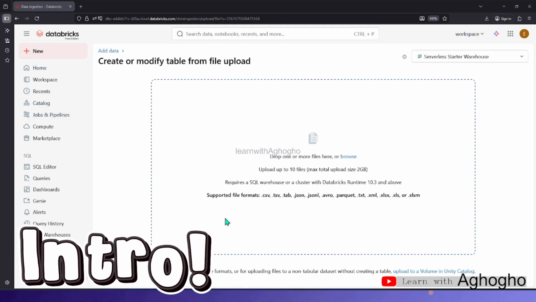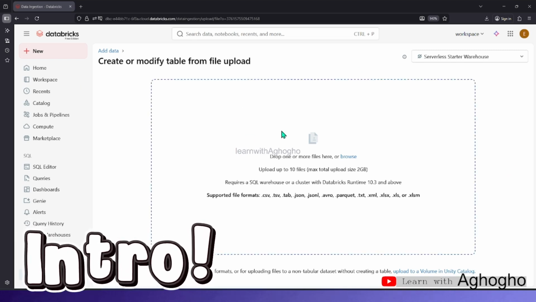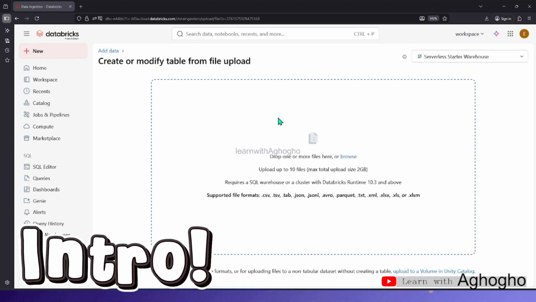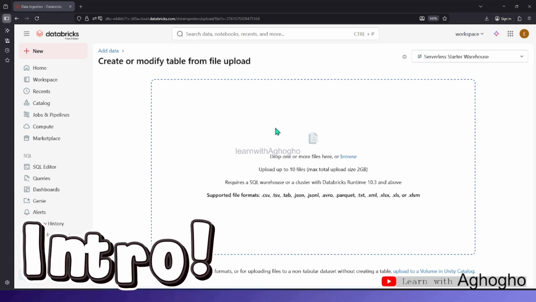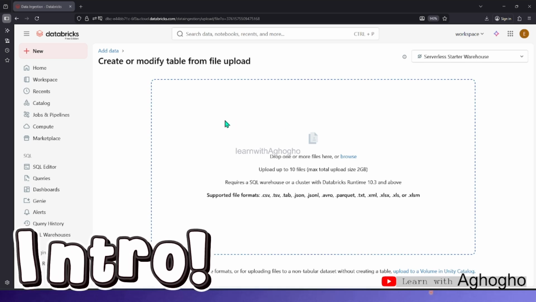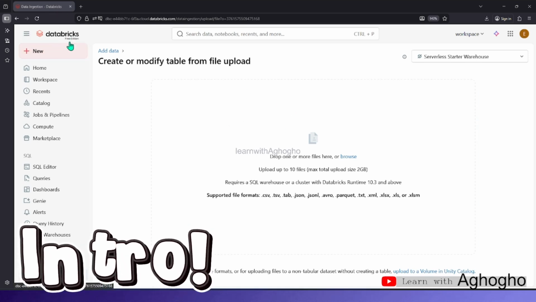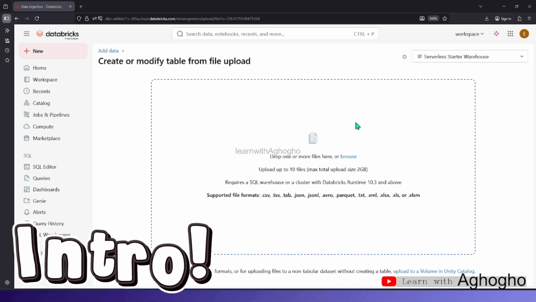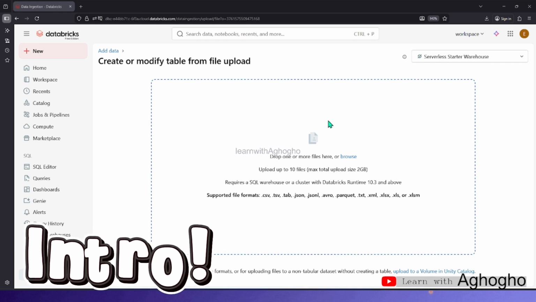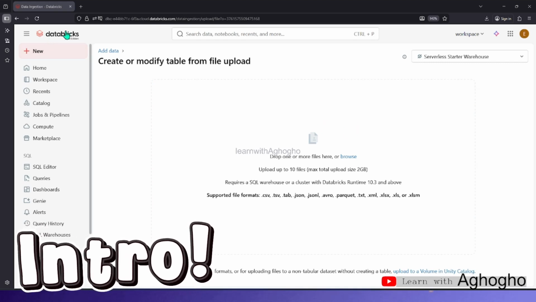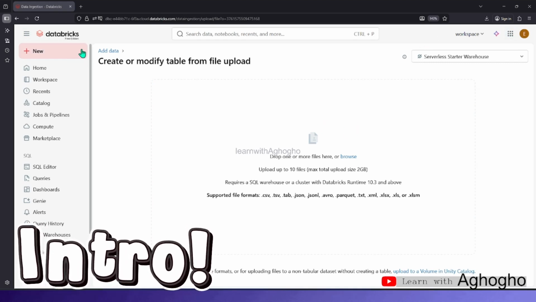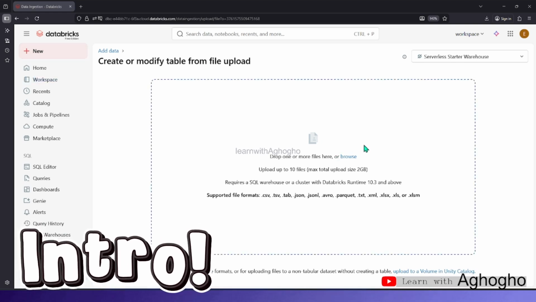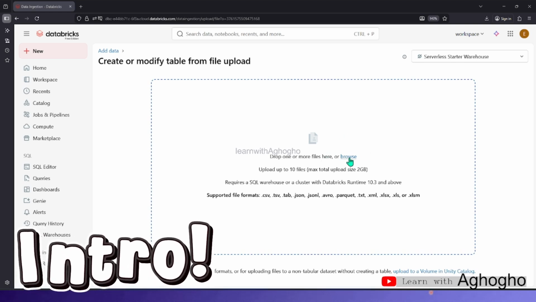Databricks to analyze data. Prior to now, I've done a video on how you can make use of SQL to analyze data that you've generated from projects. Today we'll be using Databricks. It's a very robust platform that you can use to analyze your dataset. So as you know, I've got open here the free edition, and with that you can comfortably analyze